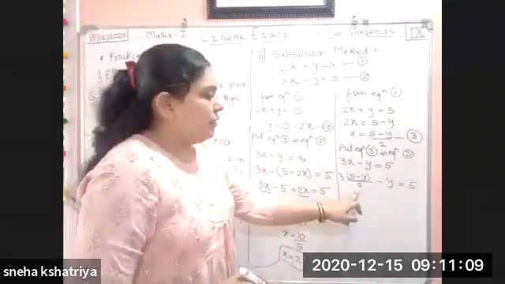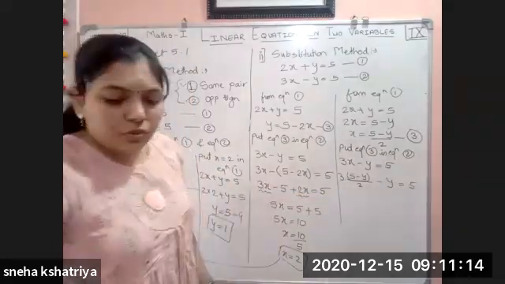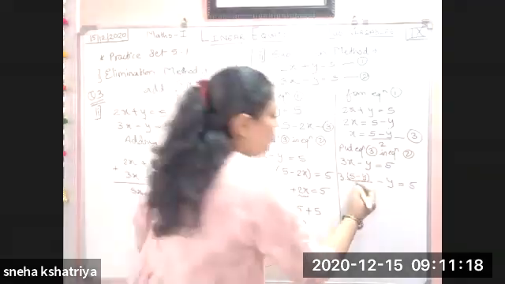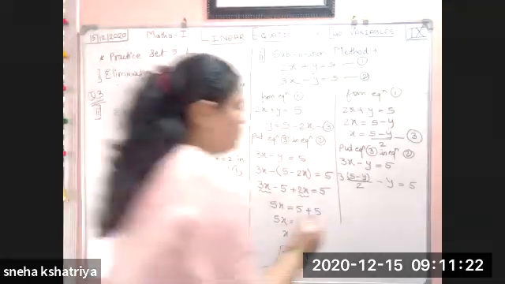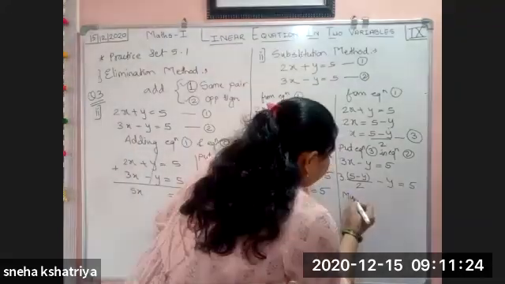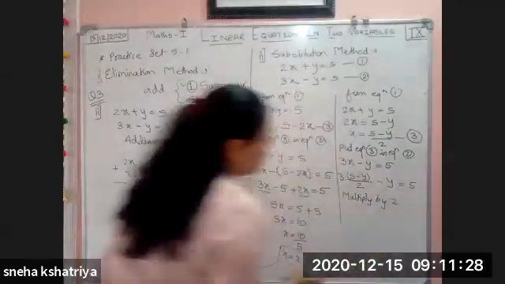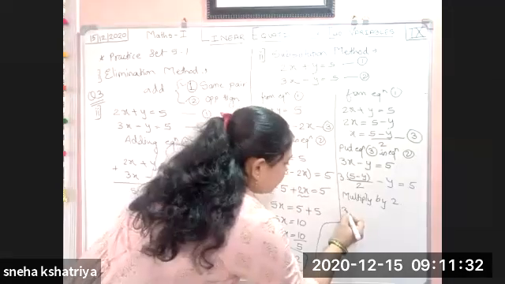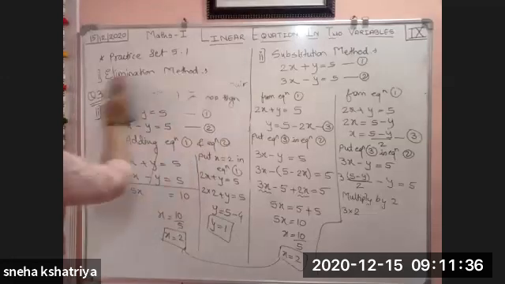Now see here, in division there is 2. So we have to remove this 2 to find the value of y. So we multiply by 2 to the whole equation. To whole equation we are going to multiply by 2. So here we are going to write multiply by 2. So after multiplying by 2, what we get? 3 into 2. Let me write here.